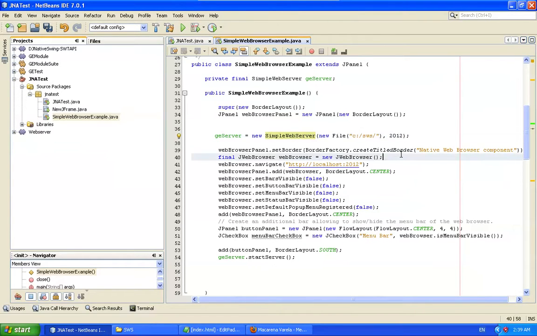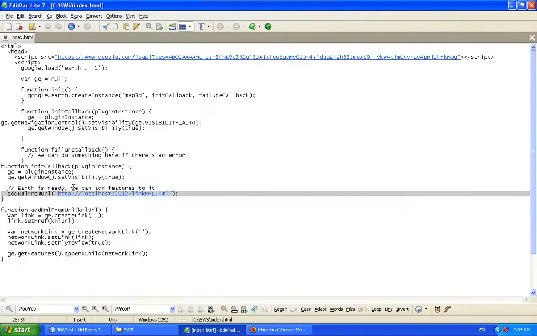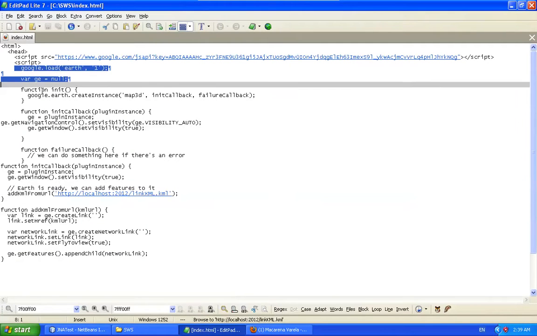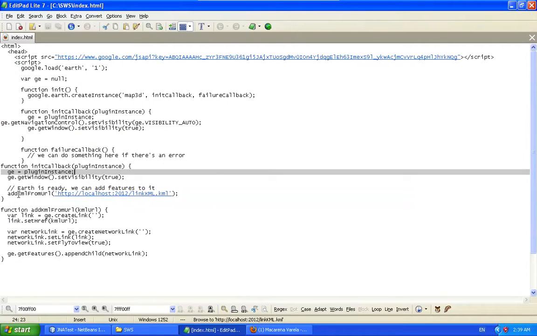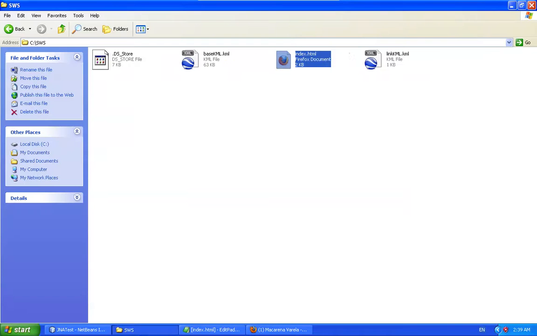Normally it's port 80, which is the standard HTTP port, but since we are creating a new instance of a web server, I'm taking 2012 as the port, and then I'm asking the web browser to navigate to this address. Whenever the web browser navigates to this address, it picks up the normal index.html file, which is this file, and I'm writing a small script here to load Google Earth. And I'm asking it to navigate to localhost 2012 link kml.kml, which is nothing but our normal network link KML,